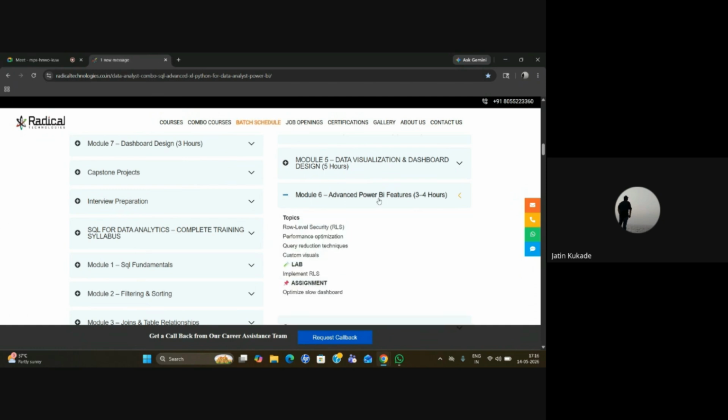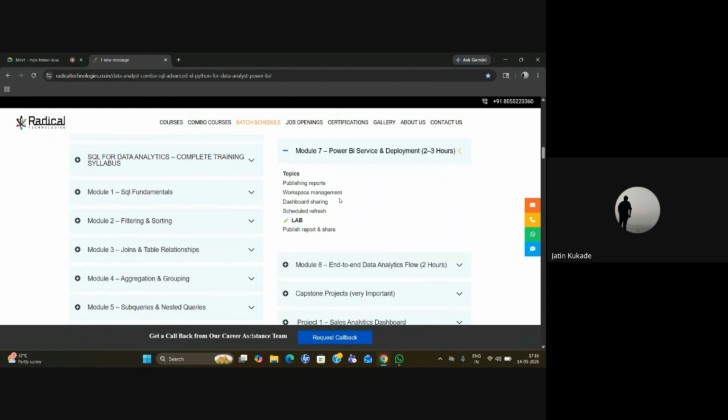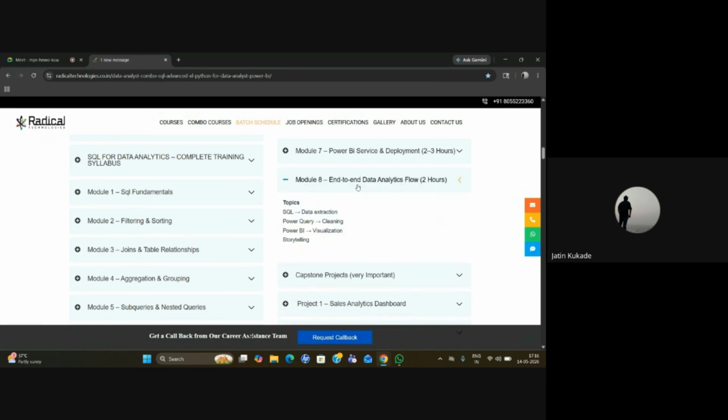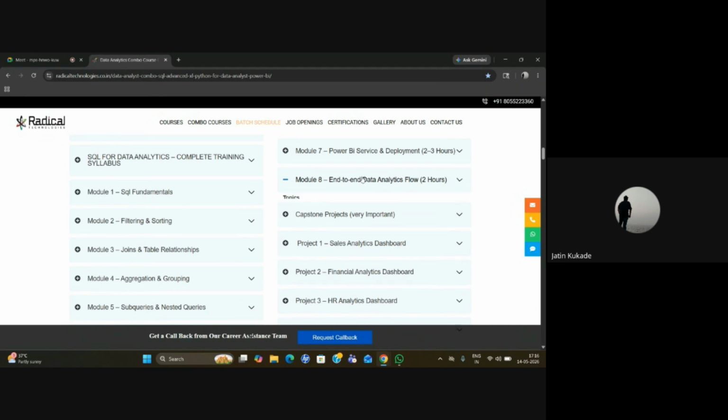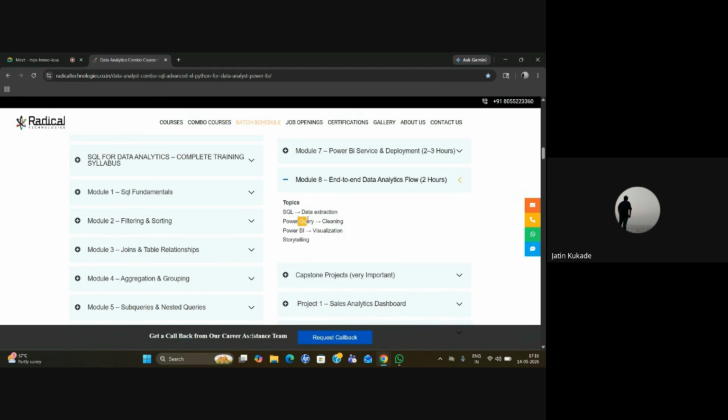Then we have some advanced Power BI features like row level security, etc. Power BI Service, which is the cloud platform of Power BI, which you can access. Then we have end-to-end data analytics, how you can do the cleaning in Power BI, Power Query,